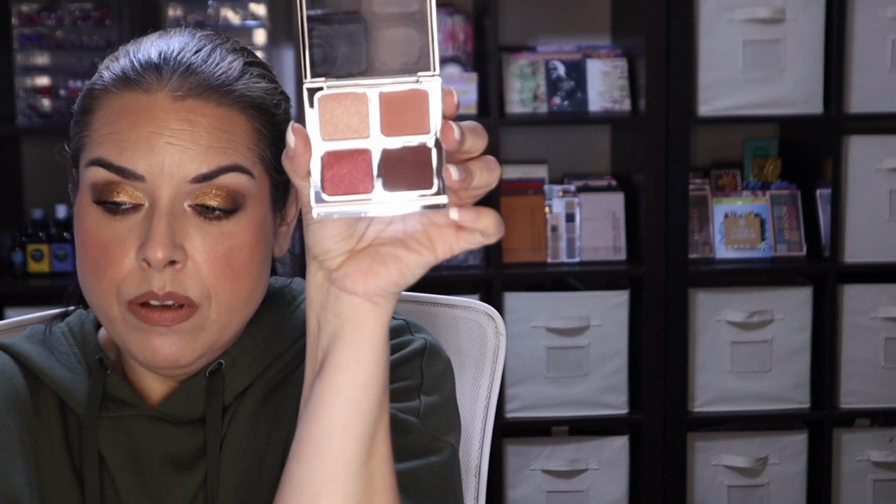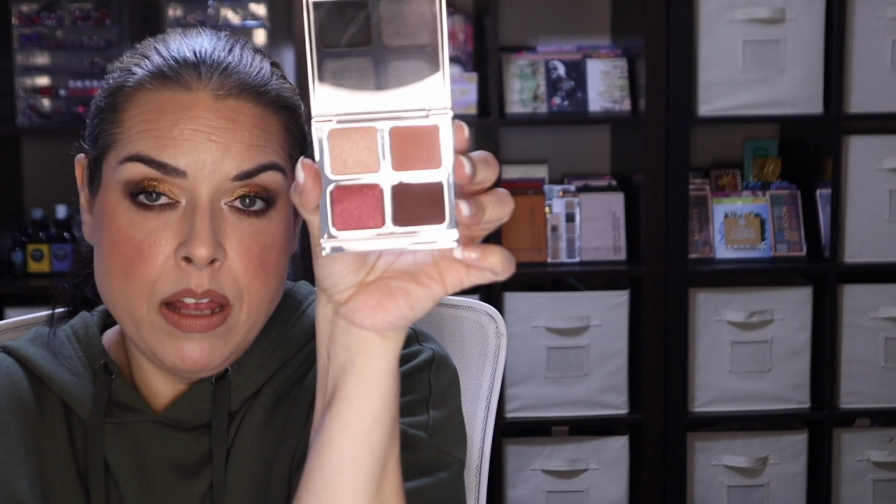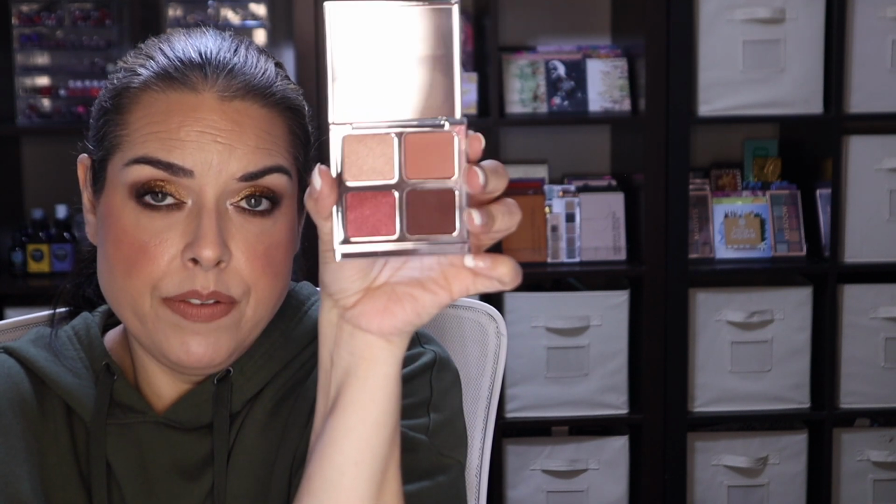I've got this one from Il Makiage that I got in a beauty box. I'm not sure what beauty box I got it in, but it's really pretty. Really pretty, like berry tones, and honestly would be something up my alley, but I have so many tones like this that I don't need it, so I'm just gonna go ahead and put that in the giveaway